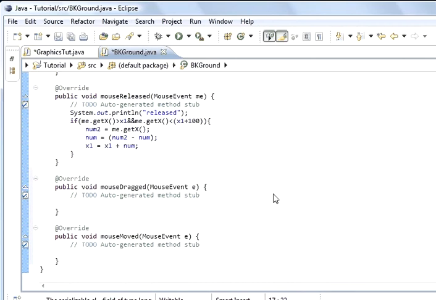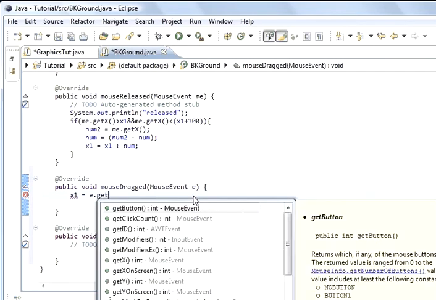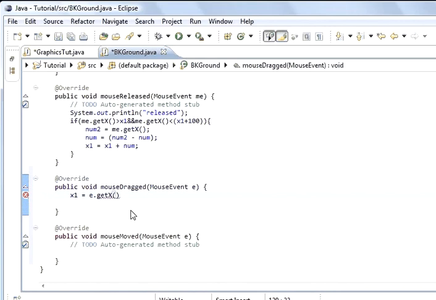Now we've got a white square and it's got an x coordinate and a y coordinate, and we've used variables called x1 and y1. So we're going to use these in mouseDragged. What we're going to do is x1 equals e dot getX method, and this is going to get the x position of the mouse pointer, and it's going to equal that to